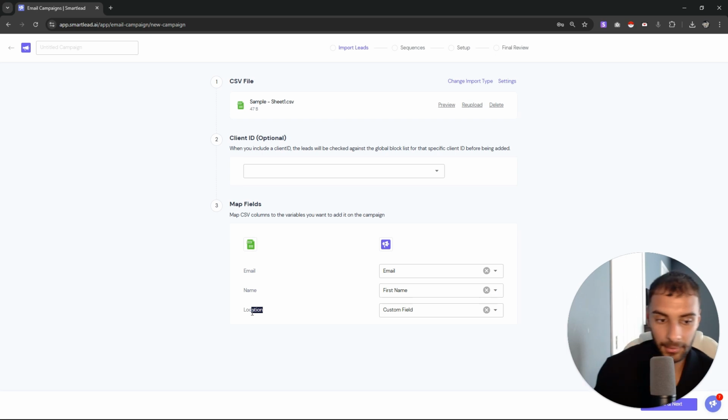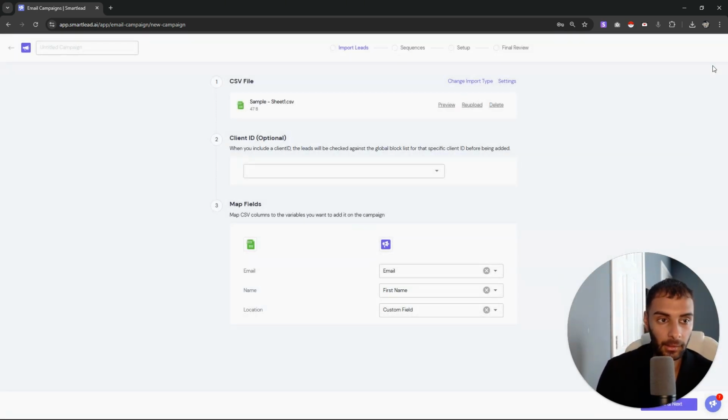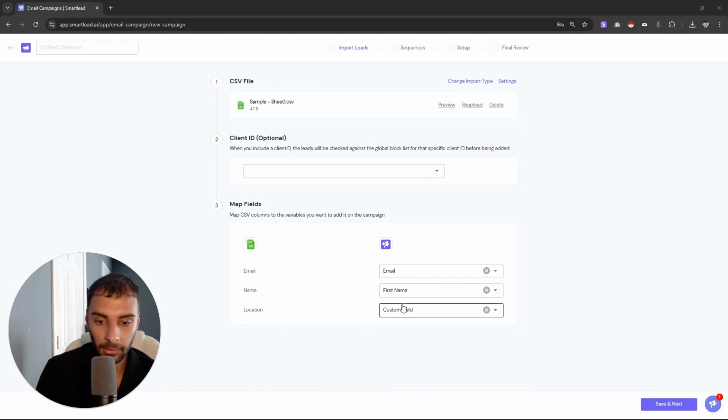And essentially, if you type in, let's say, column job title or column location, it will pop up as this row right here, right? So I'll kind of show you what I mean here. But you want to map out all your columns and click on save and next,